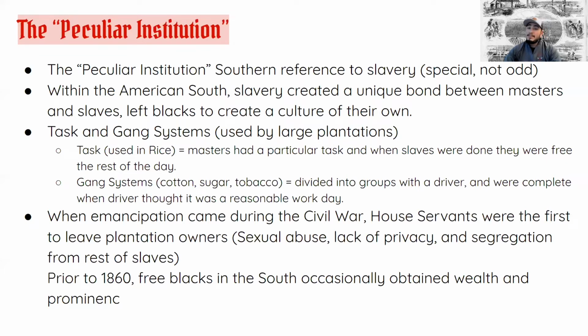Now, these were the two biggest pushes, but that was pretty much it. The rest of it, the African Americans were able to create roughly their own society within the bounds of what they had been told they could do.